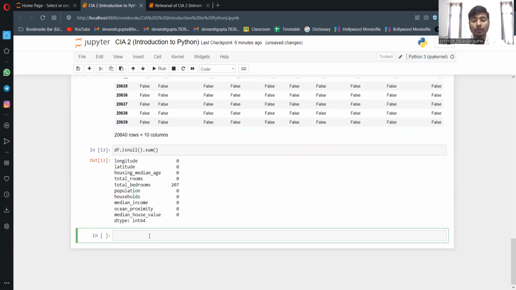Now if we want to get the unique values present in a column, we can use the unique function. It is very useful for categorical features, especially in cases where we do not know the number of categories beforehand. So we can use this function. The code will be